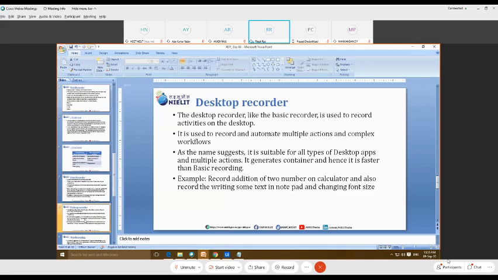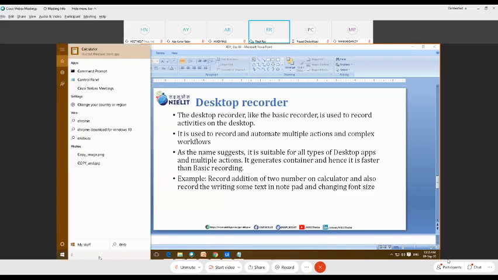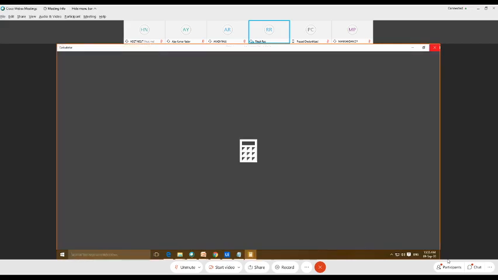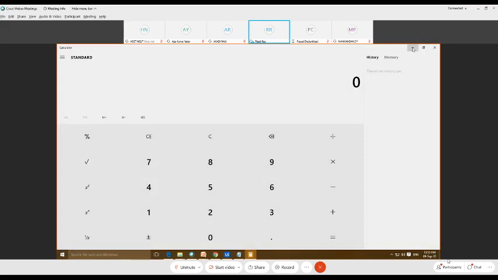How does it work? So to perform the mathematical operation, let me open the calculator. So this is our calculator. Okay. Going to minimize this.